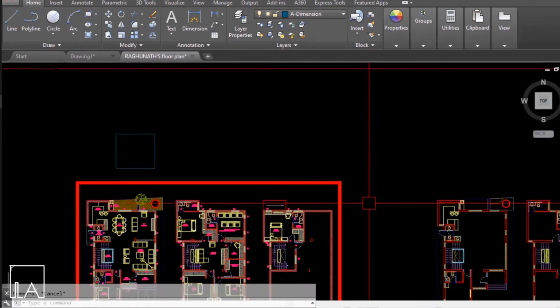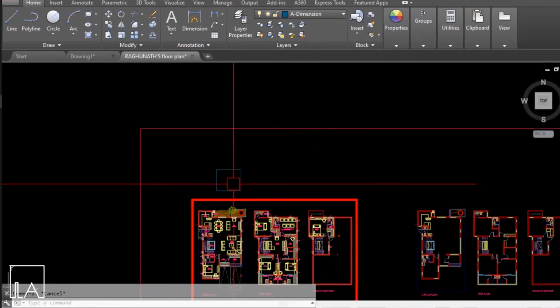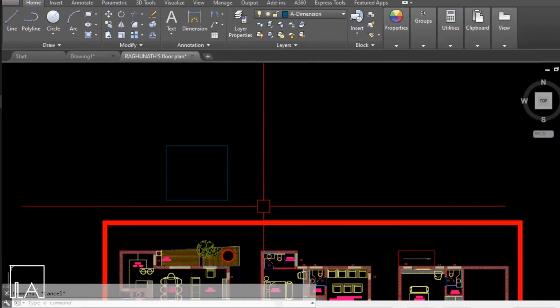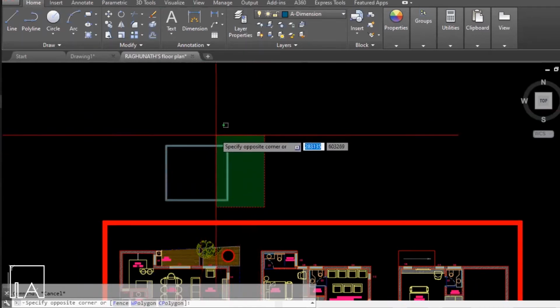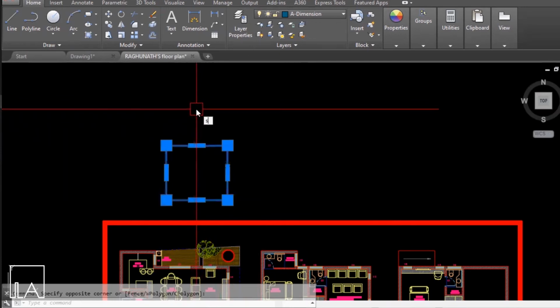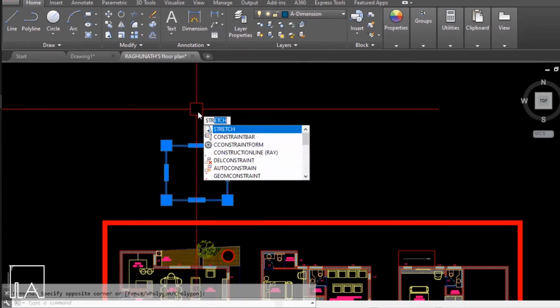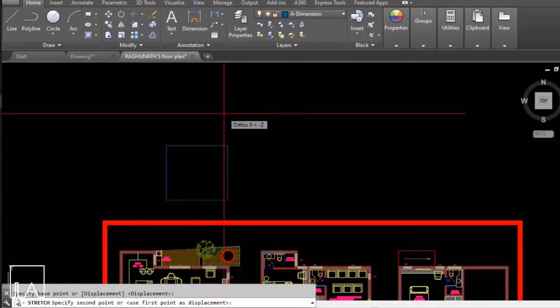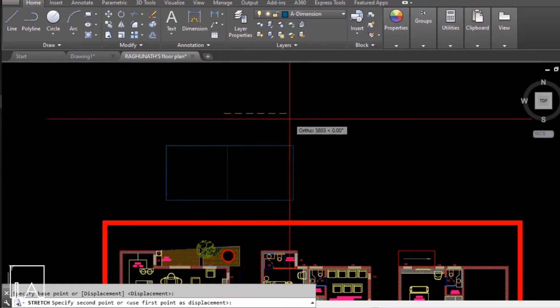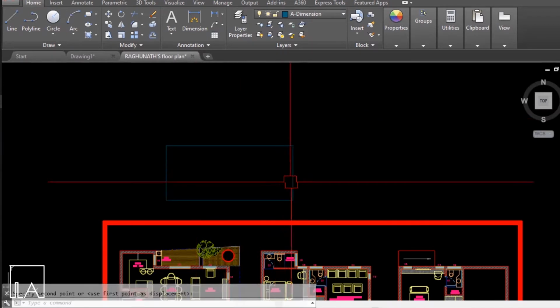Moving on, the next command which we'll be seeing is our stretch command in AutoCAD. Stretch command is used to stretch the objects in AutoCAD. For example, you just half select the rectangle over here, do a green selection, and then type in S. S is the shortcut for your stretch command and then give enter. Now click on the first base point and then just drag and then click on the second point. So this is how you stretch the objects.